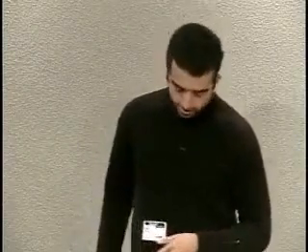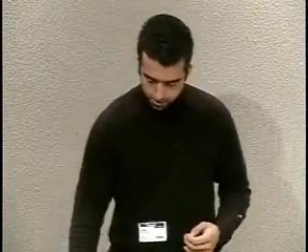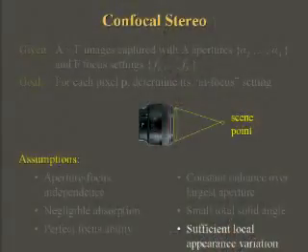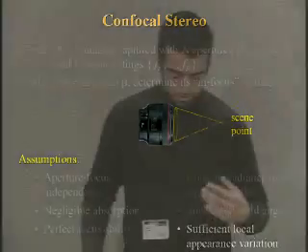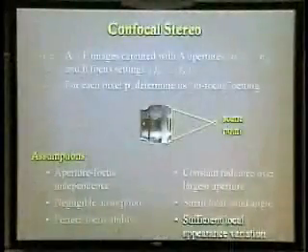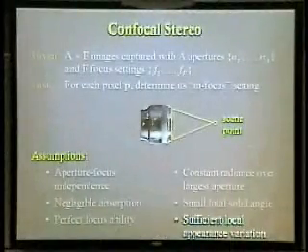Note that this assumption also implies that the cone does not intersect the scene elsewhere, but in practice it's still a good approximation for scenes with partial occlusion, where the occlusion does not significantly affect the average radiance over this cone. The last assumption, as in any defocus-based technique, is that there's sufficient local appearance variation within the scene to be able to resolve changes in focus setting from in-focus and out-of-focus regions.